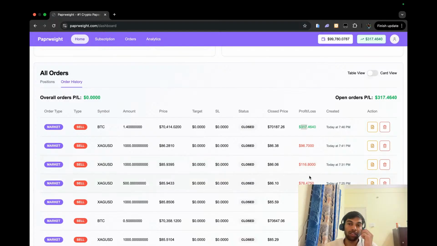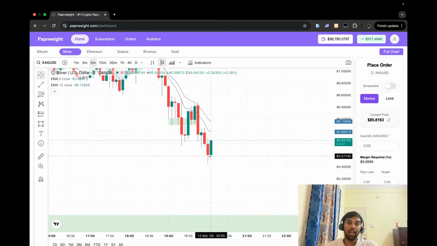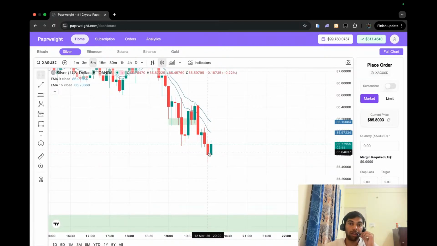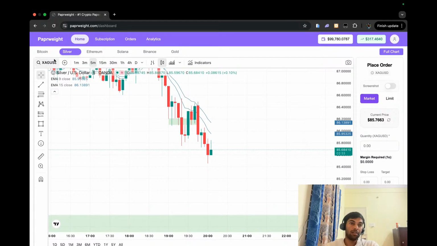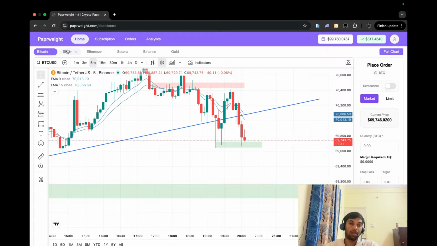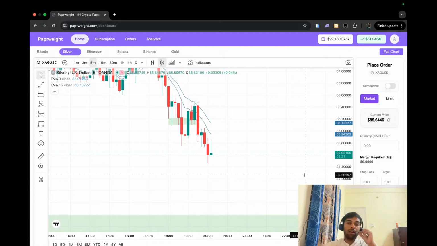Although the losses are not high, that's fortunate. But as you can see, this is what I'm talking about. After seeing this red candle, if we punch the trade after this red candle, then this is the stop loss that we have to give to the market, right? So let's wait.